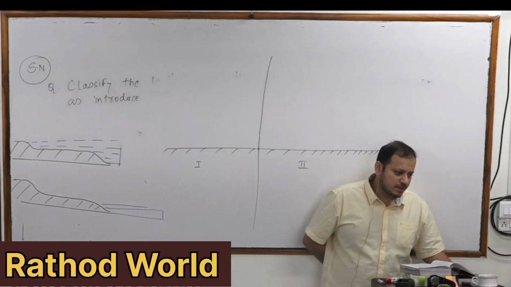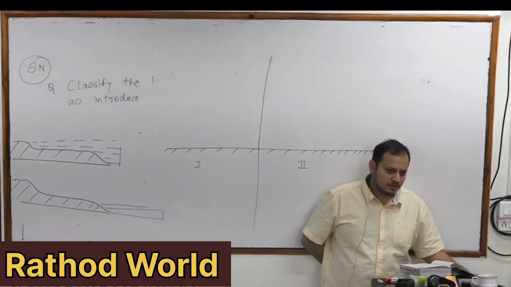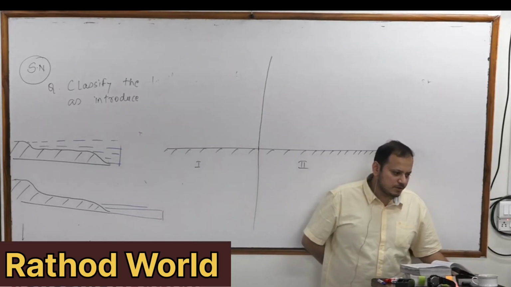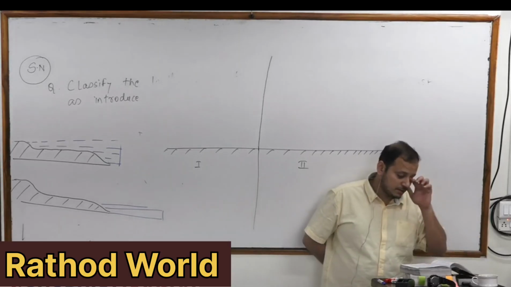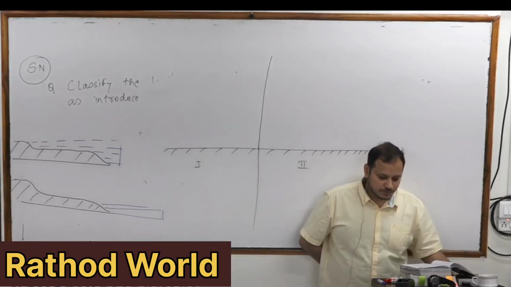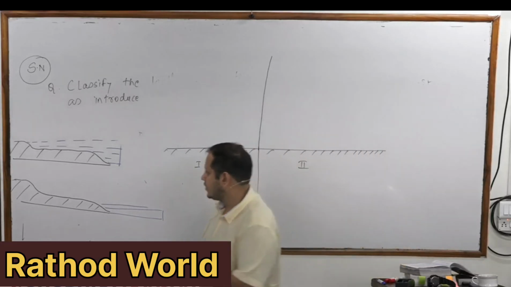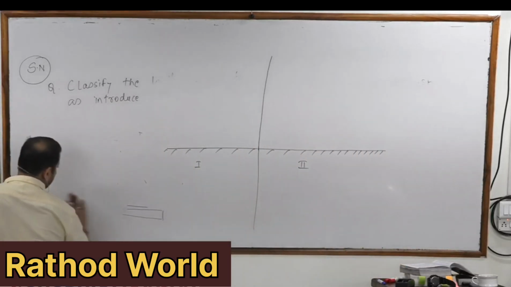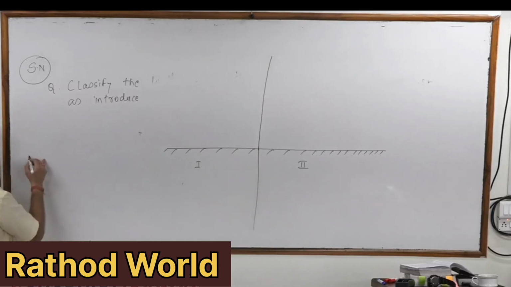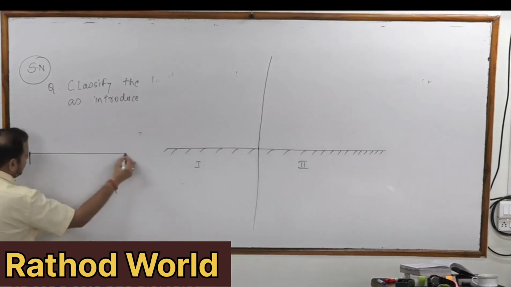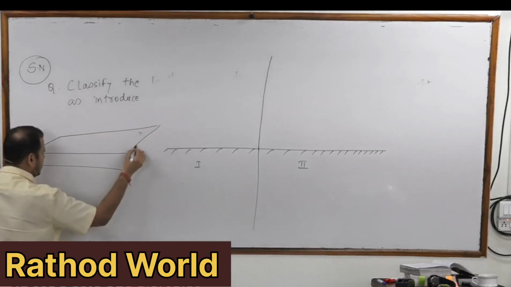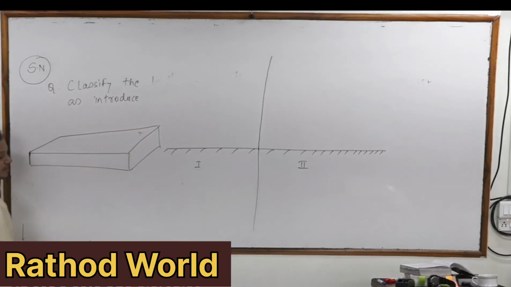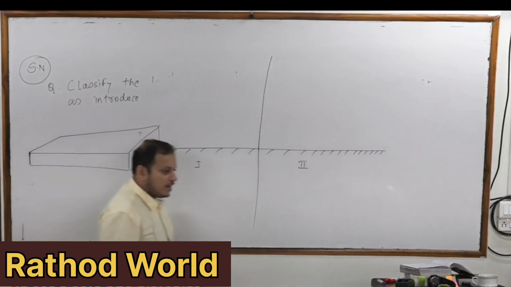may be caused, see this is controversial, may be caused due to exogenetic agents. So the Great Plain of India is a second order relief feature, but किससे बना है? Due to exogenetic agents. Now suppose if this is the Great Plains of India, fine, and in the Great Plains